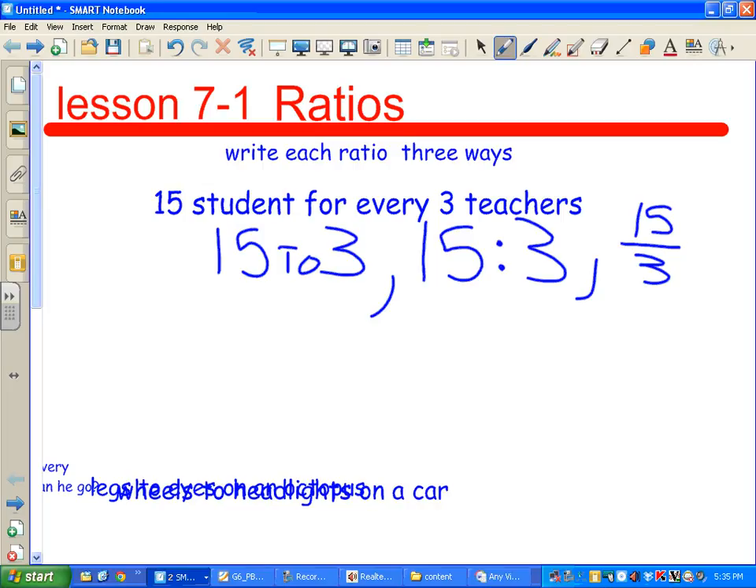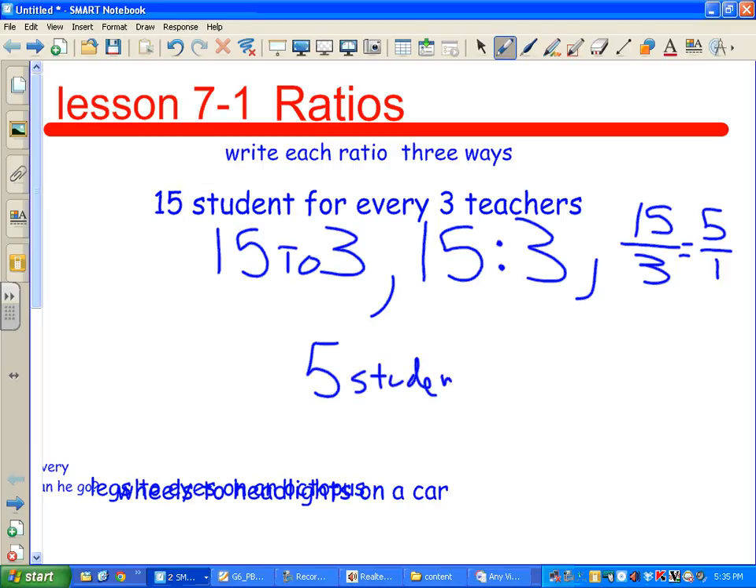Now, I could then ask myself a question, and that maybe leads me into the next little thing we're going to do. How many students are there per teacher? Now, I could do 15 per 3, but that doesn't sound as good. Can I simplify this so I only have 1 teacher? Can I make it so that I have a 1 on the bottom? Yes, I can, because I can divide 15 and 3 by 3. If I do 3 divided by 3, I get 1. 15 divided by 3, I get 5. So there are 5,